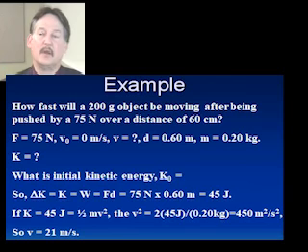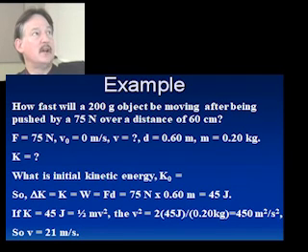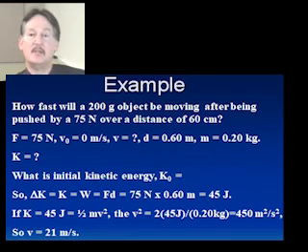on this object. Where has that 45 joules of work gone? Well, it has gone into the object, being reflected as kinetic energy. If the object is implied to be starting at zero velocity, then that means that the object has gained, or had a change of kinetic energy equal to the amount of work that went into the object. So that means the object now has 45 joules of kinetic energy,